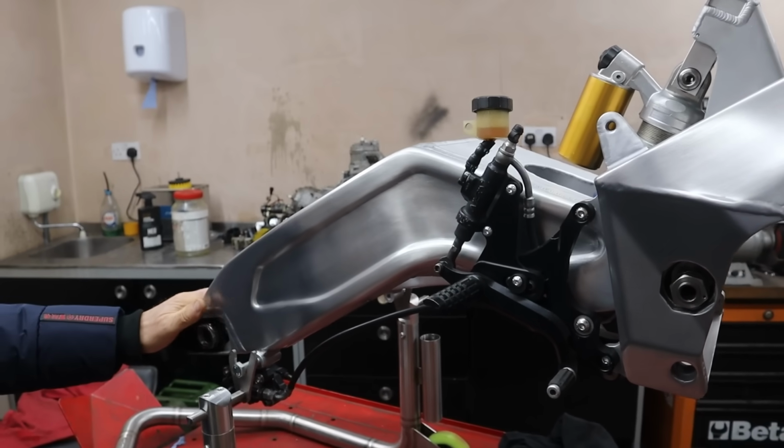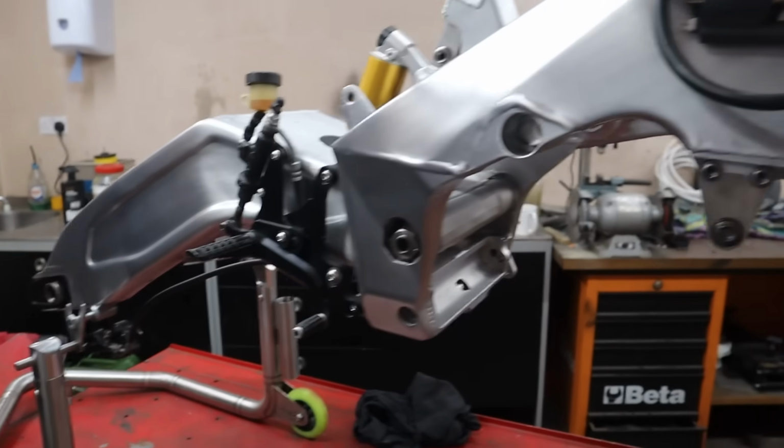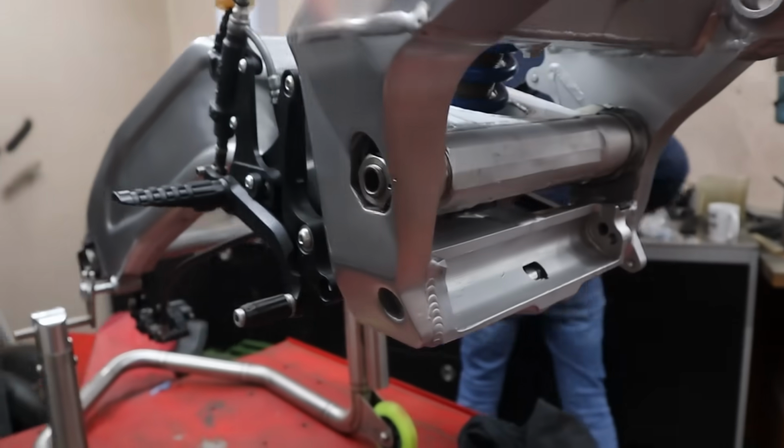I've got some more wheels that we're going to go get out of the van in a minute and just check and see how they fit. And the exhausts are beautiful. One of the problems with this here, which is...